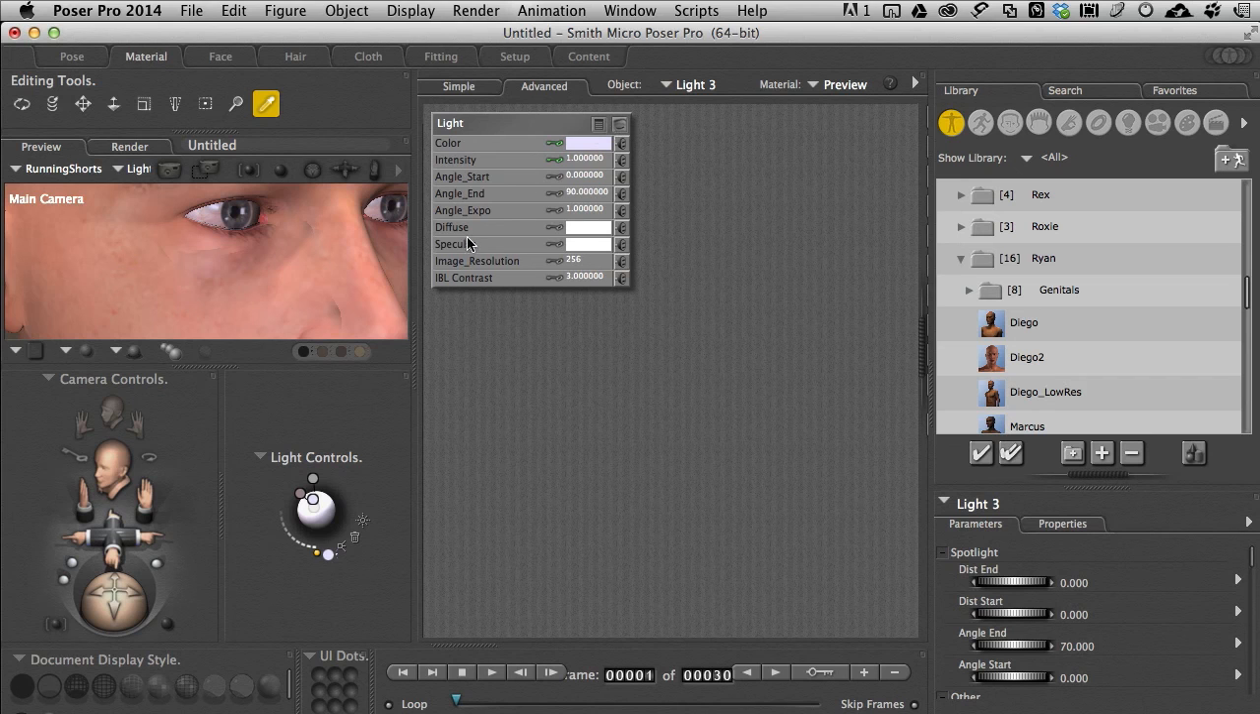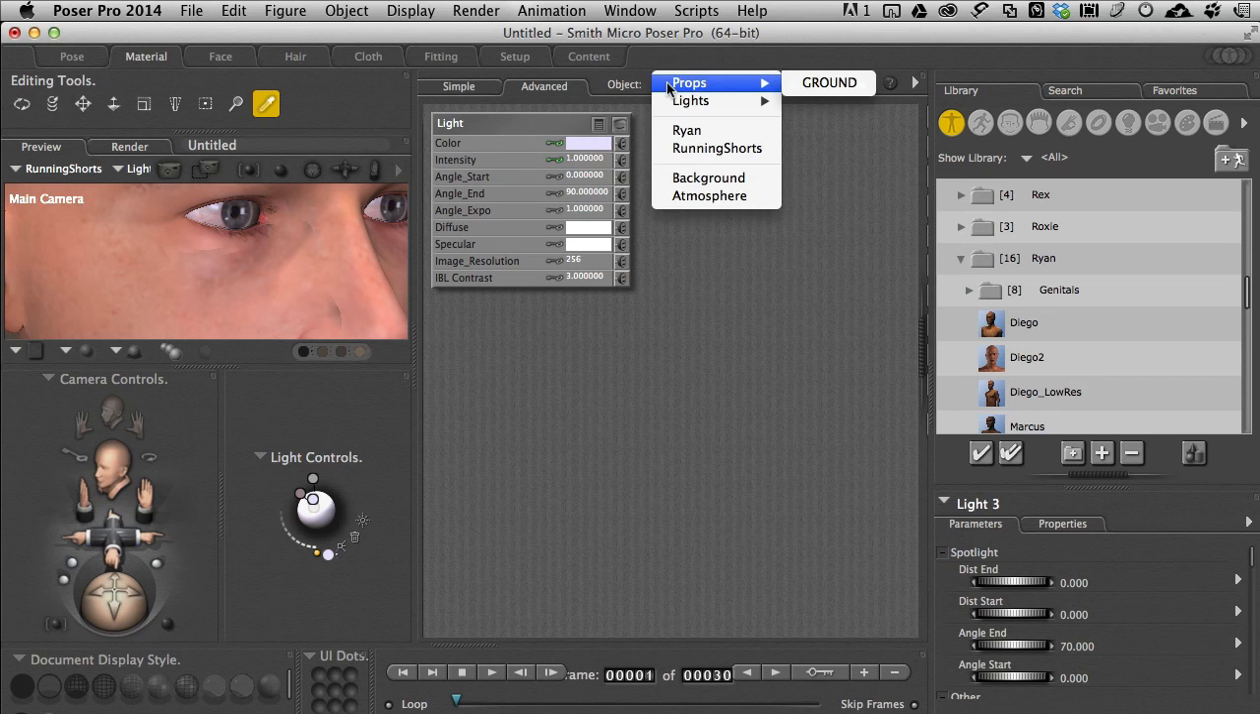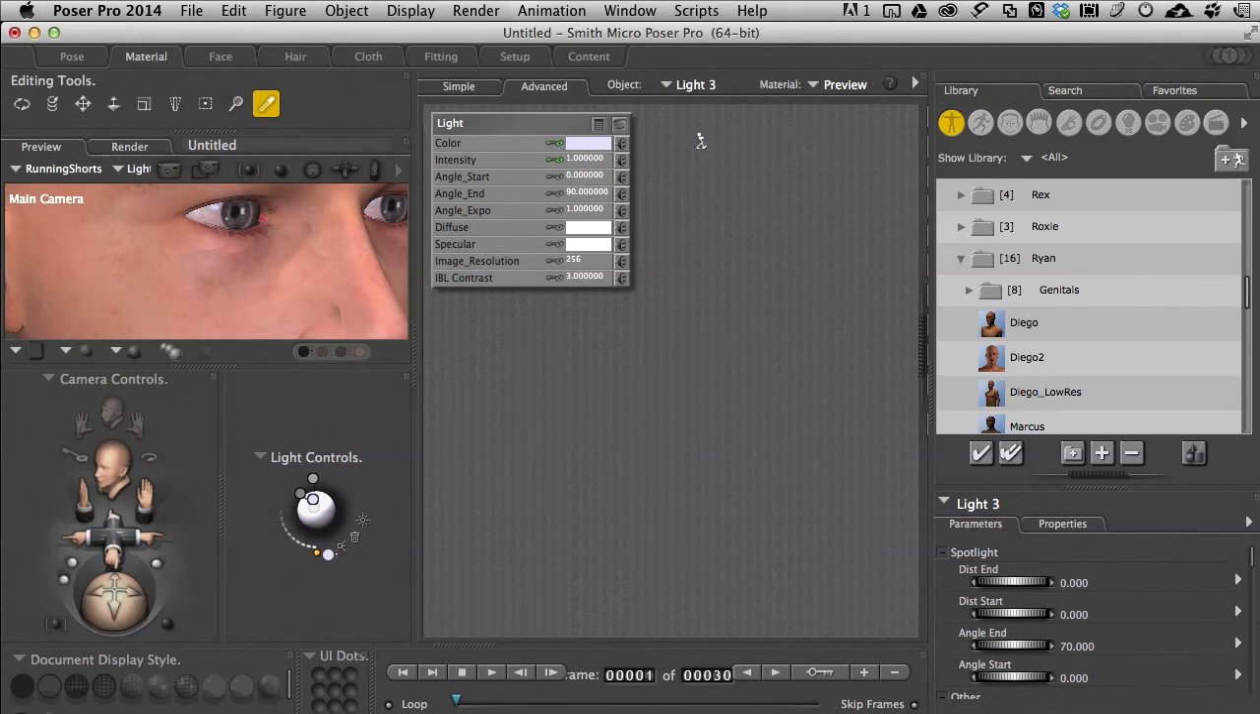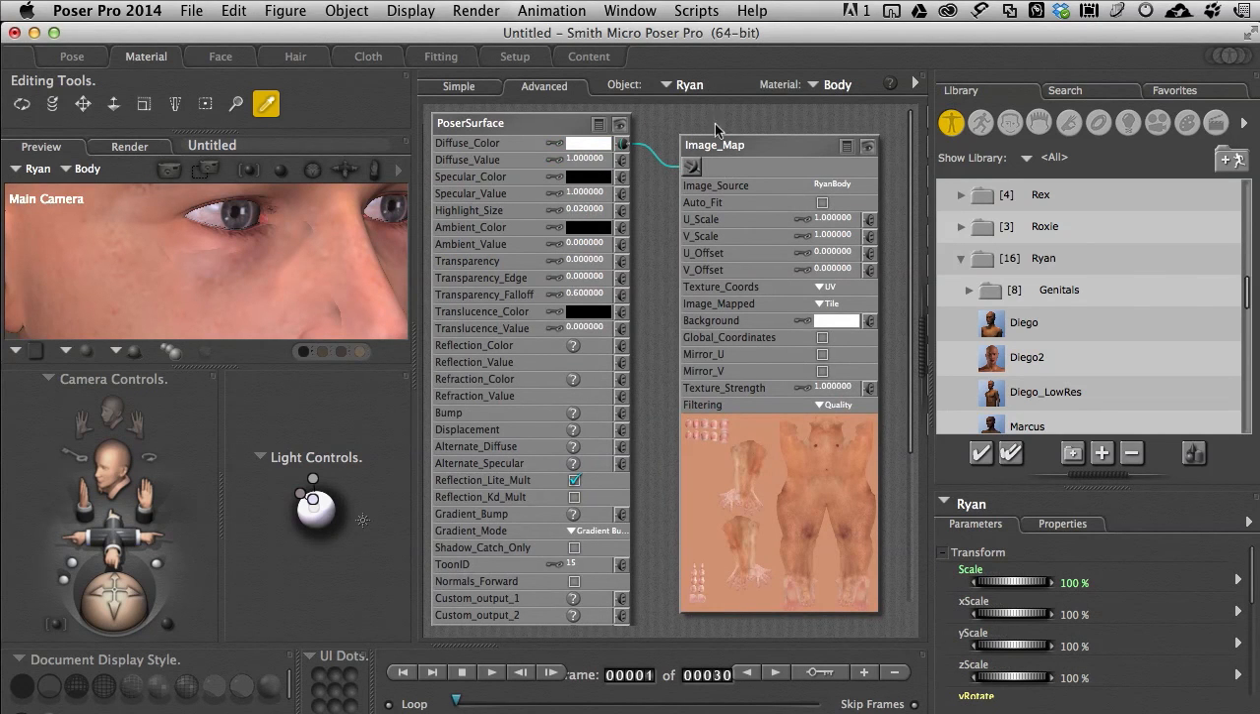So how do we get back over to Ryan, our character? Well, we come back to the top selector here and come down to Ryan. Obviously there's Ryan, and then there are some running shorts that are connected to him, so I'll select him here, and the first thing it opens is the material of the body. Ryan's made up of a